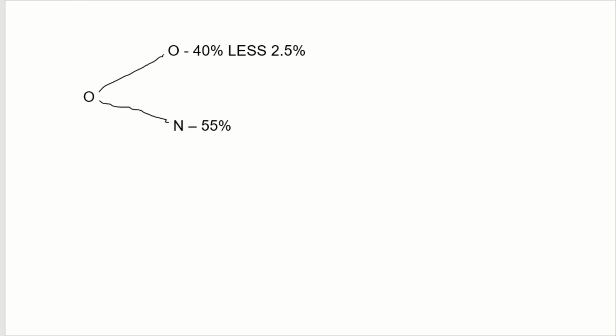Remember what I said in the previous video, that the stem, this is the stem right over here, and the stem is the month of sale. Okay, so the month of sale is October, and the first collection will be made in that month of sale of October, where we're going to collect 40% less 2.5% discount. All right, and in the month following the month of sale, it'll be November, where we're going to collect